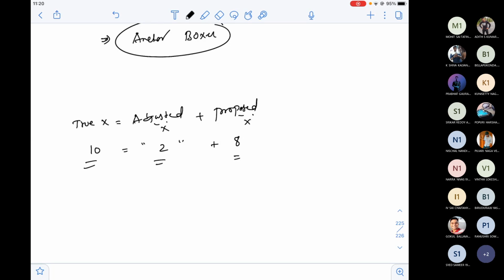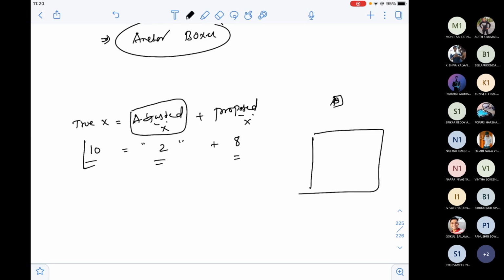So why do I always need to focus on adjusted X? Because you're not supposed to draw the bounding box on the feature map. You're supposed to draw the bounding box on the image, the image on which I annotated. So when I annotate on the original image, the X value is 10. The proposed X is 8, which is with respect to the feature map. But this adjustment is with respect to the true image, where I get the true X. Similarly, the same logic applies with Y, W, H.